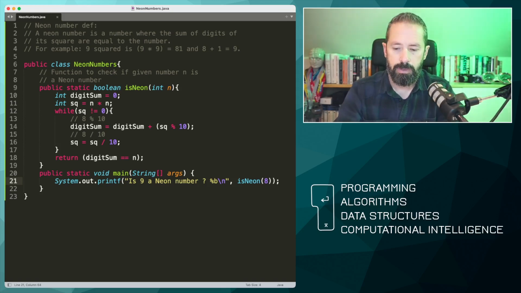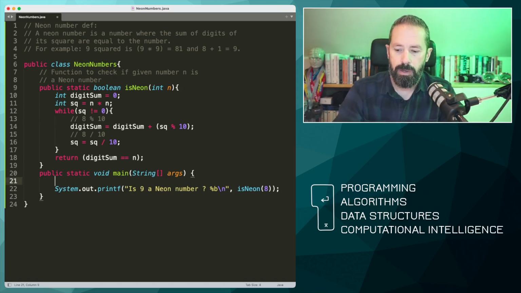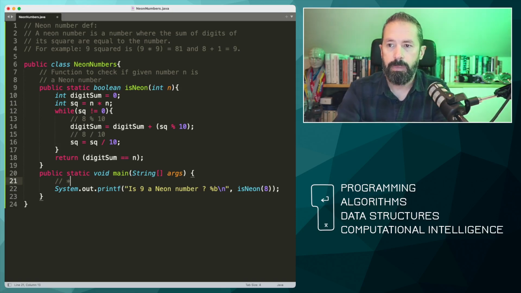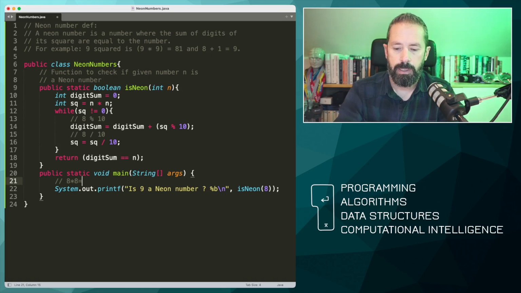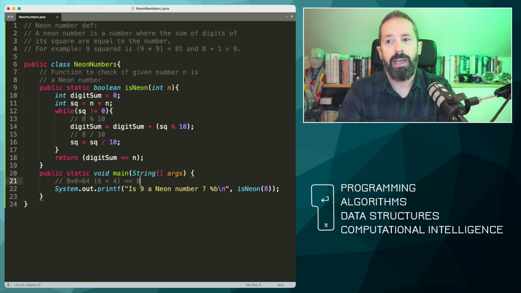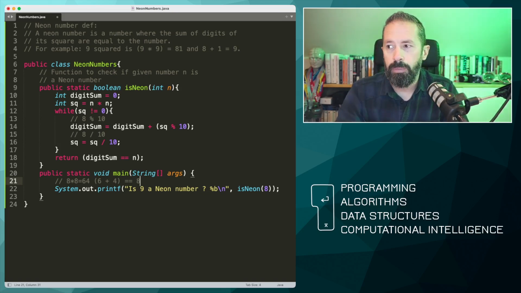Well, 8 squared is 64. 8 by 8 is 64. So 8 multiplied by 8 is equal to 64. Now, is 6 plus 4 equal to 8? Obviously it's not. So 8 is not a neon number,